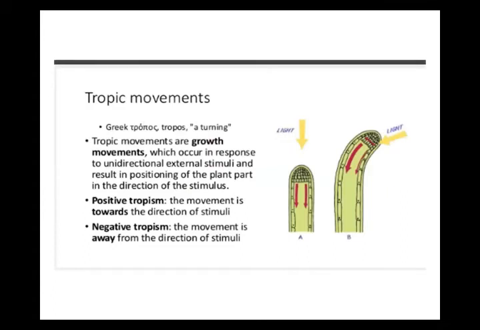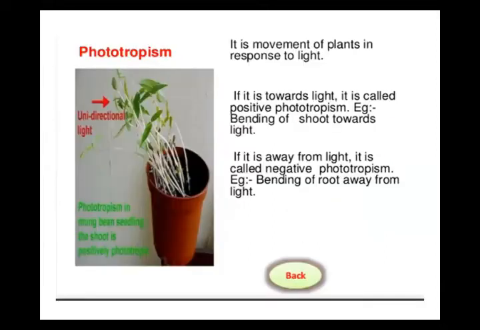I will explain tropic movement again. Tropic movement is related to growth. Growth shows different movements: if the movement is towards the stimuli, this is called positive, and if the stimulus is in the opposite direction, growth shows negative. For example, there are three types of